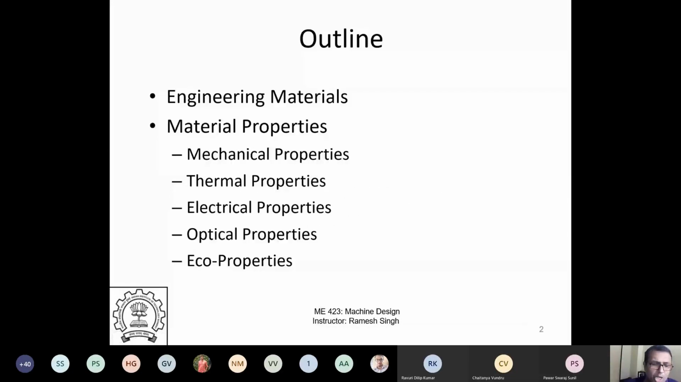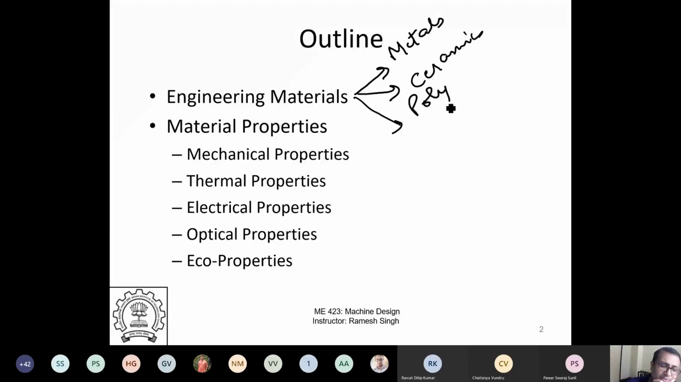When you talk about engineering materials, there are multiple kinds. Primarily, most of the engineering materials which we use are metals, and I'll explain what metals are. Then we use something called ceramics. Then we use polymers. Then we use glasses. Nowadays we are also using something called hybrid materials, which have properties of two of these materials, and